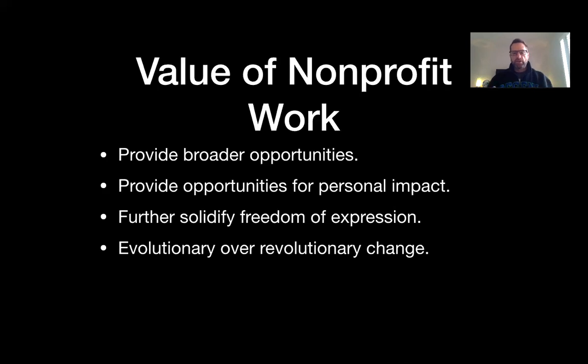So it's evolutionary in the fact that it just grows. A lot of nonprofit work out there that you'll see grows over time. So it starts as maybe an idea or a passion or your heart's been moved, and you see it evolve, grow step by step by step. Whereas revolutionary change is this boom effect, and it just happens. Evolutionary change happens over time. And that's what nonprofit work does. That's the value of it, that it never really ends.